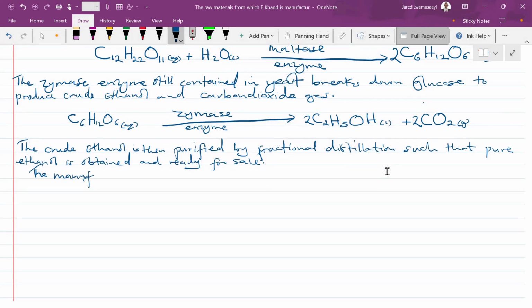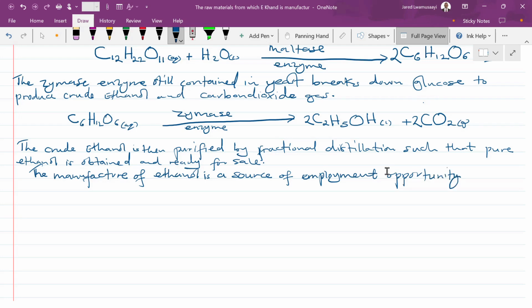The manufacture of ethanol is a source of employment opportunity to the community members,